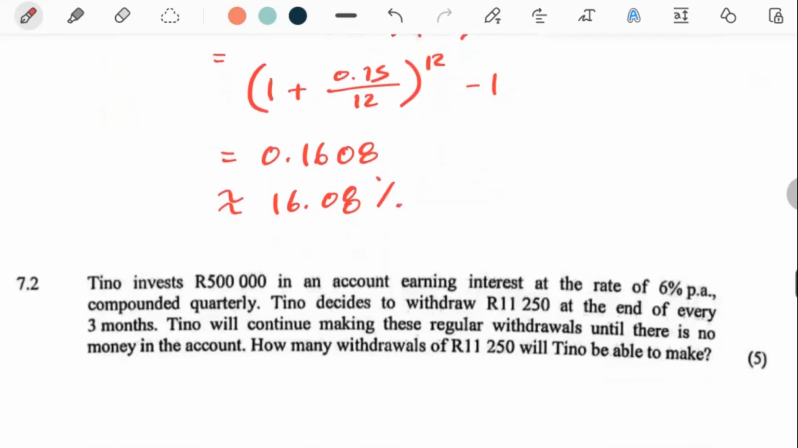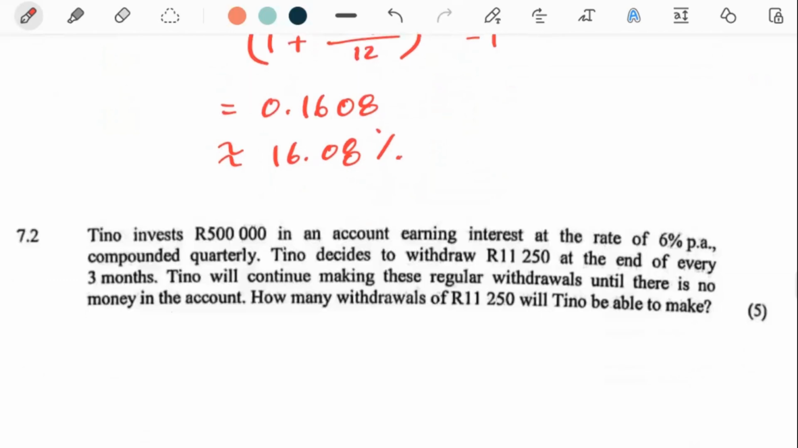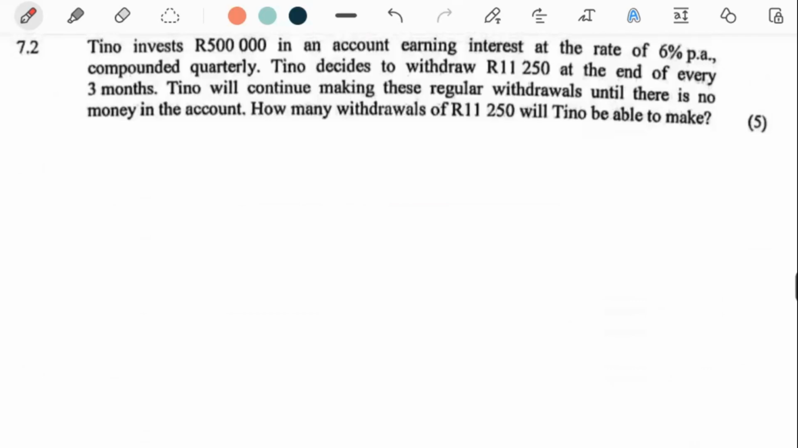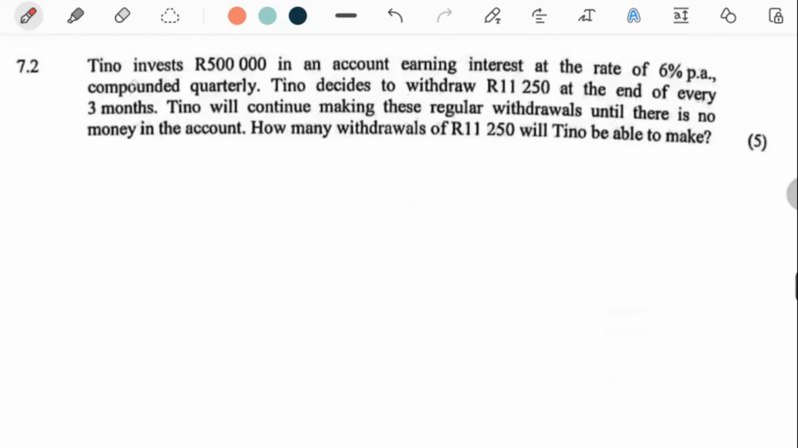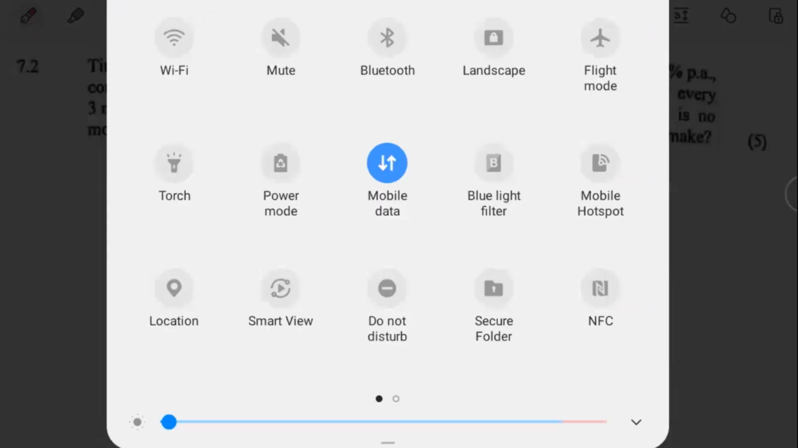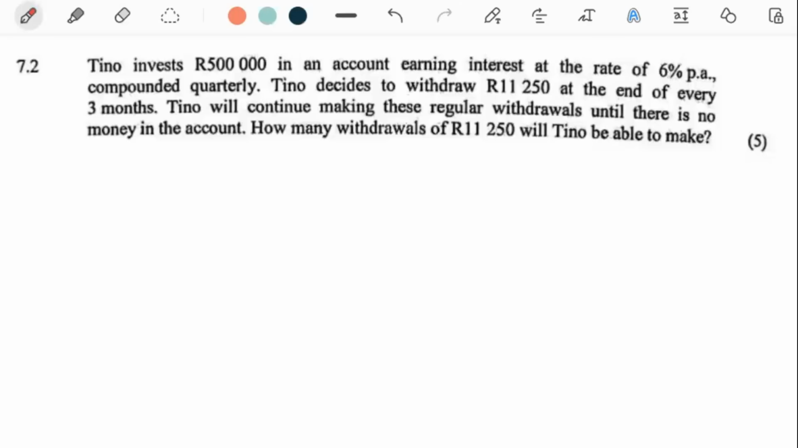So that's okay, nothing too extravagant there. The next question is out of 5. It says Tino invests 500,000 in an account earning interest at the rate of 6% per annum, compounded quarterly. Okay, fine. So what else did they tell us? Compounded quarterly,